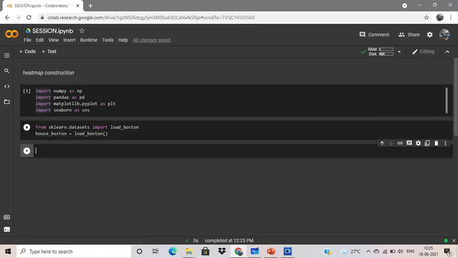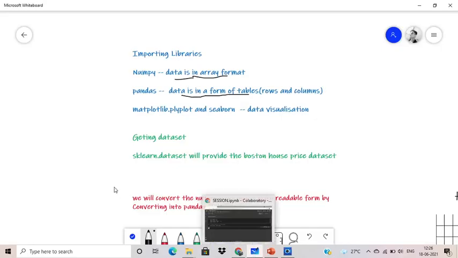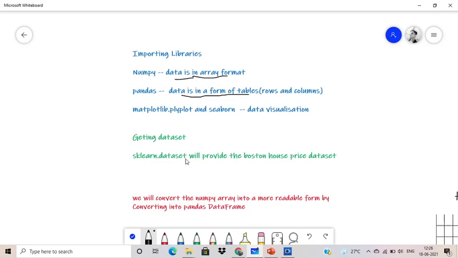I simply created a new variable in which I have loaded this dataset. Let me show you. As I already told you, sklearn will provide the Boston house price dataset. There are prices of houses, and it is made up of a dataset. Let me get back to the code.